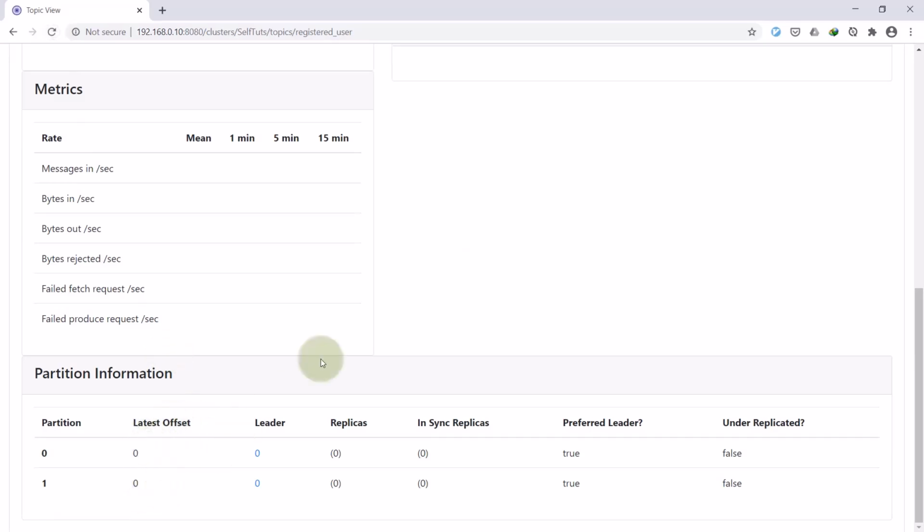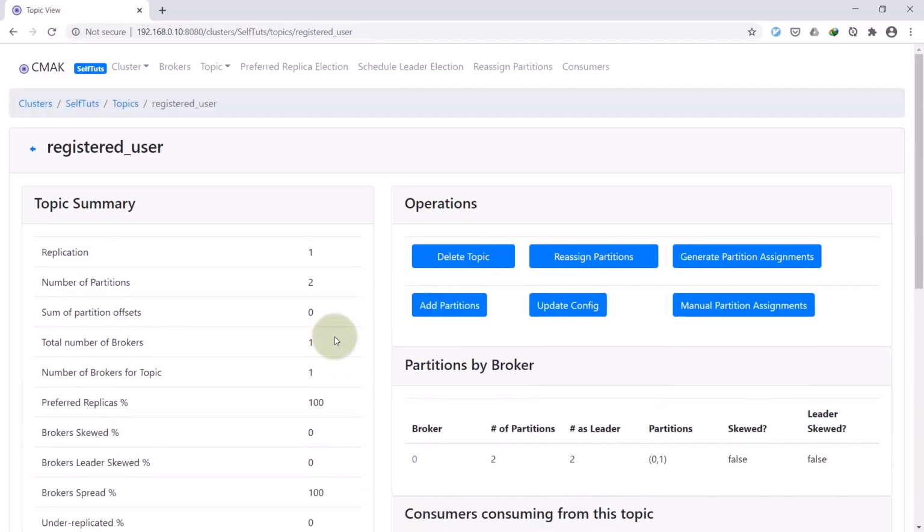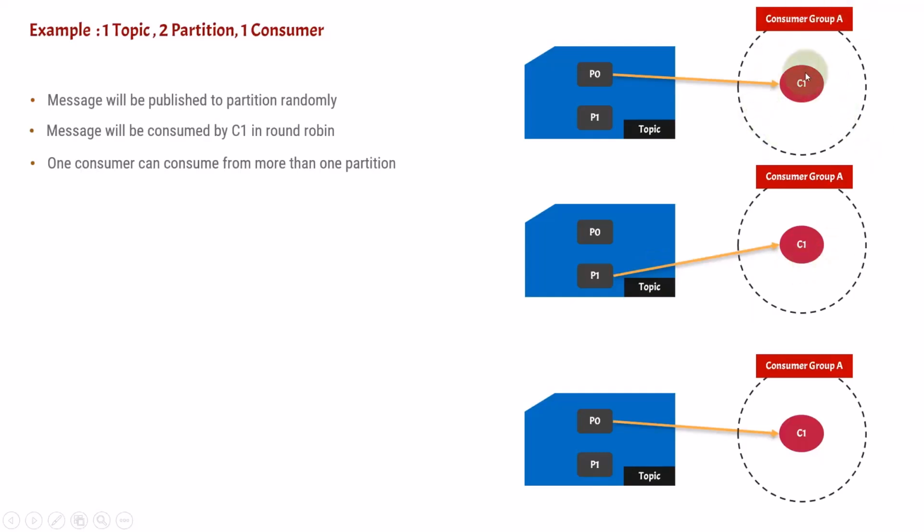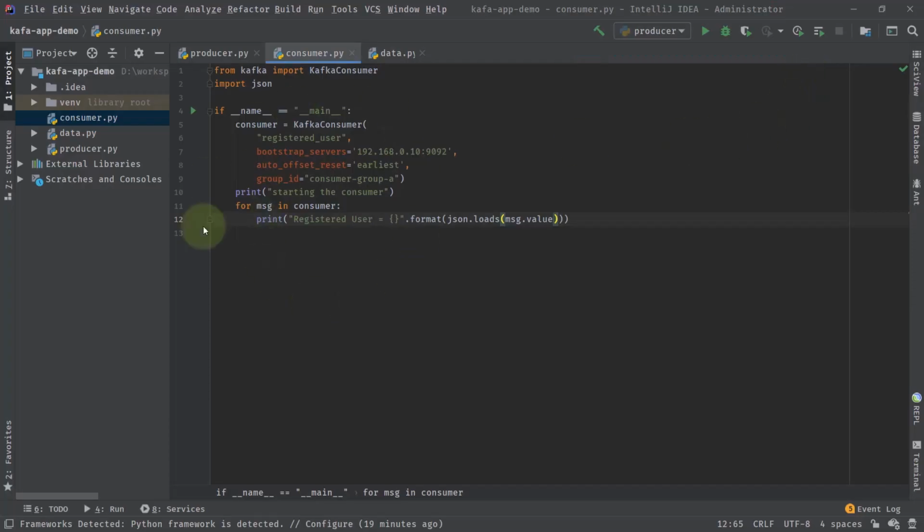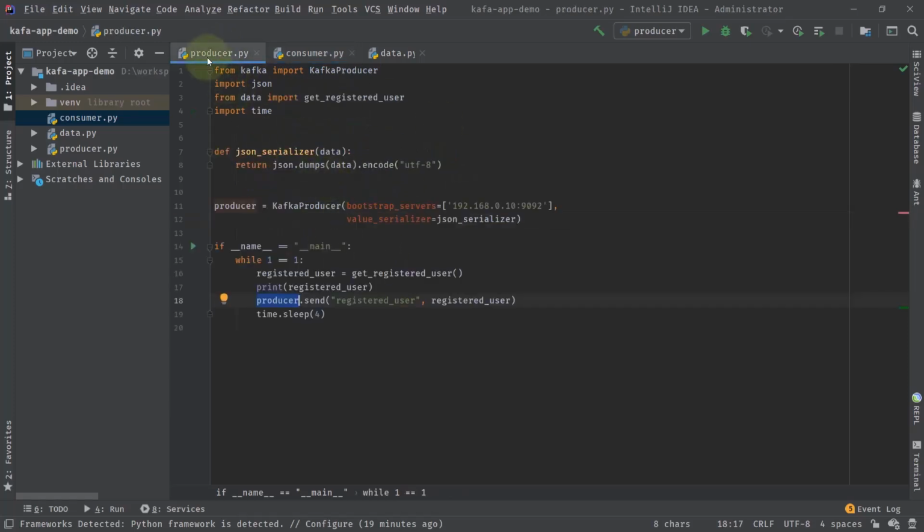So the latest offset is 0. Now I am going to start a single consumer. In our previous videos, we have done this coding in IntelliJ IDEA, where we have created a consumer and a producer. So the producer is doing what? It is creating a producer instance, and it is getting connected to this Bootstrap server. Then it is serializing the data, which is important because we want to send the data in a serialized manner, because that can flow over the wire. But if you're sending an object, then it will throw an error.